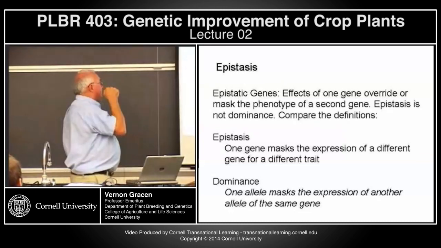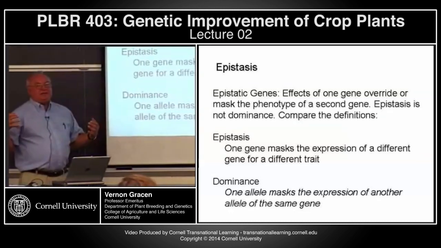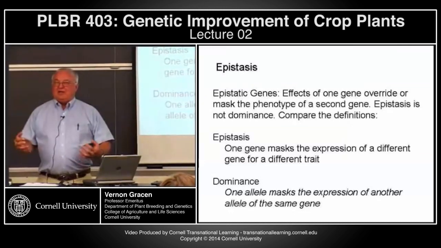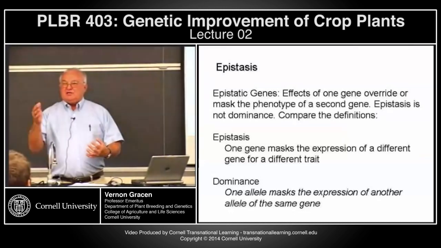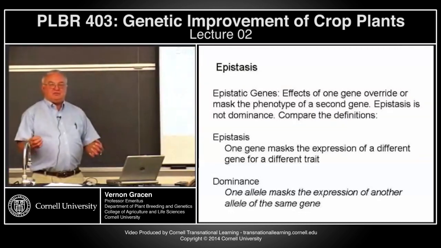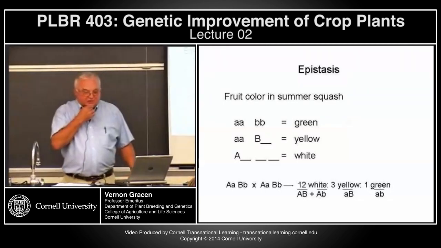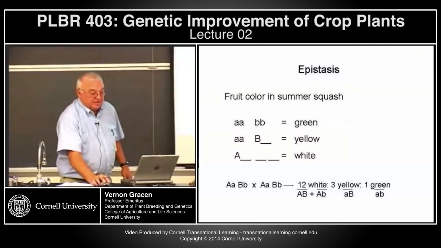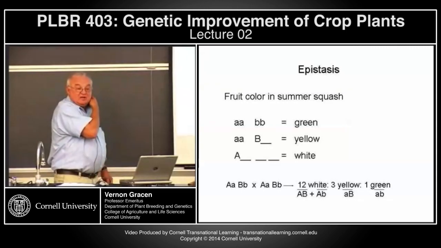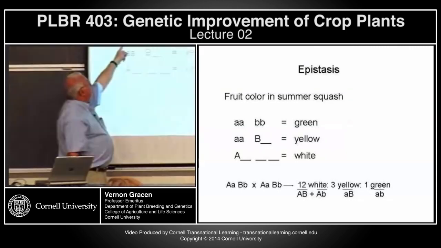One of the reasons why we tend to say, yeah, but it's kind of like dominance. I mean, it's kind of like being dominant to another gene. So therefore, our dominance effects will cover all of our various epistatic interactions. And maybe they do. If you look at fruit color in summer squash, if you have a genotype that's little a, little b,